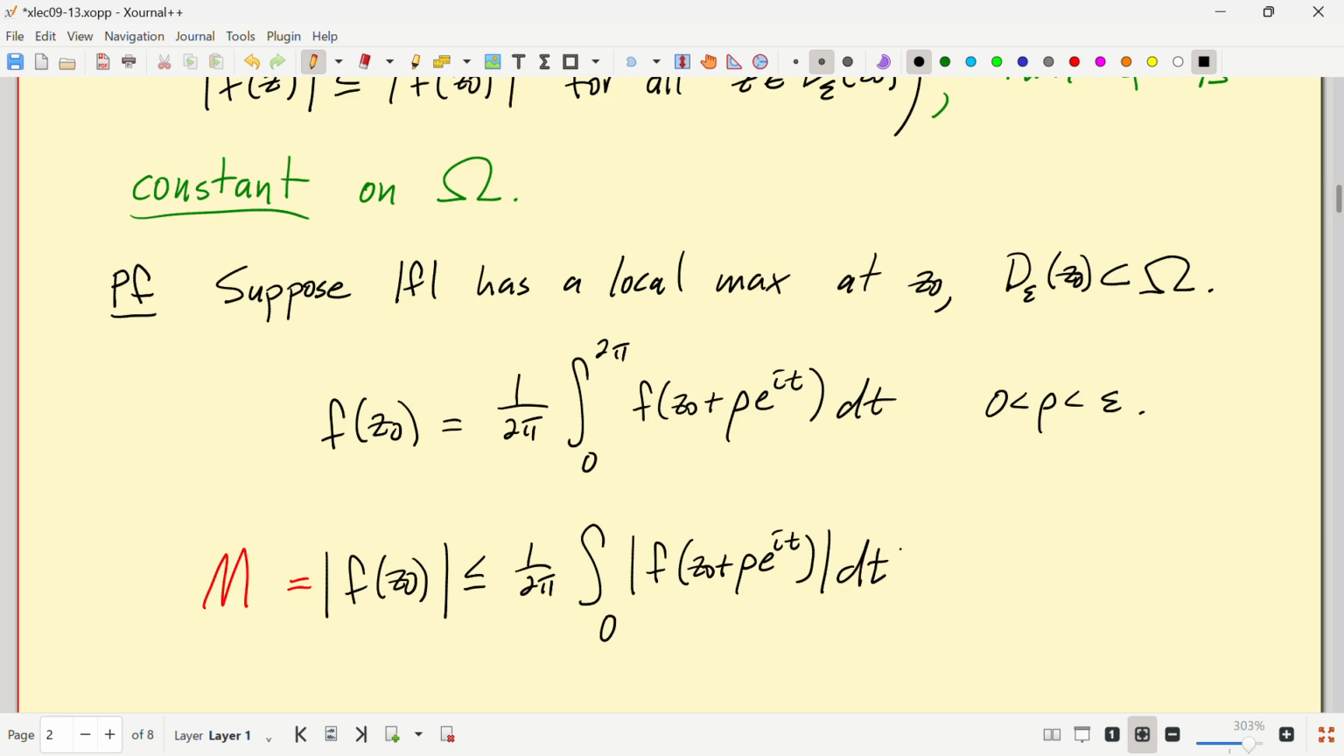And that's less than or equal to m, the integral from 0 to 2 pi. This is going to be less than or equal to 1 over 2 pi times m times 2 pi. Because that thing is a max, so the function inside is less than or equal to m. And so that would be less than or equal to the max times the length of the interval that it's being integrated on, and it has a 1 over 2 pi in front. So they cancel. And so we see that that integral equals